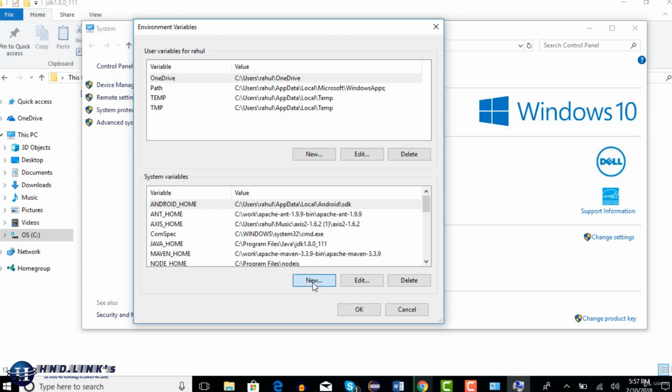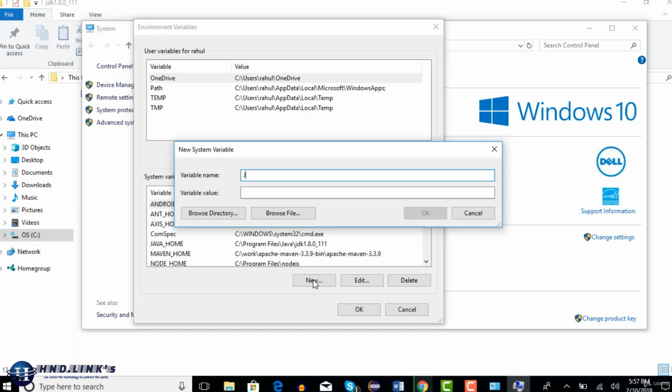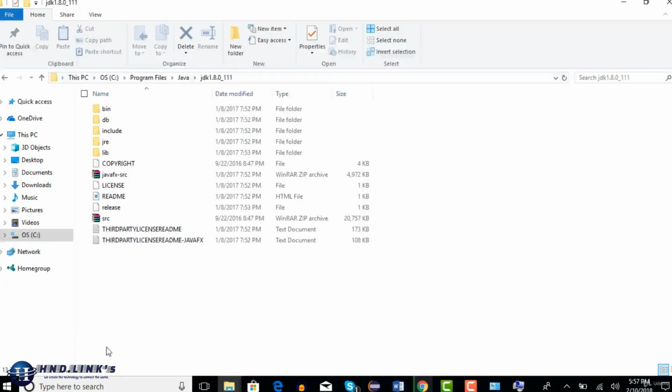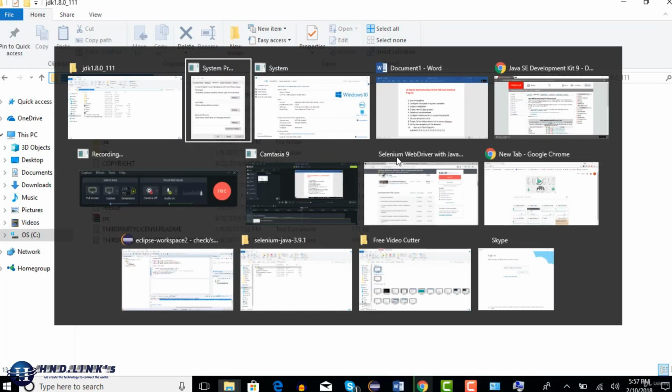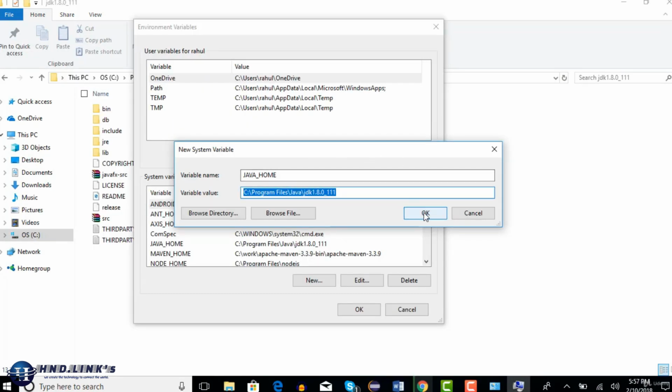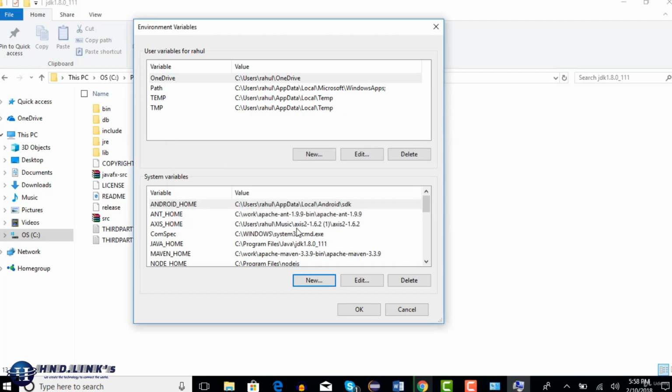You can click on New to create a new variable and say JAVA_HOME, and then carefully paste the path. This is your home path, right? Which we have taken from this one. Just go inside this, copy the path and place it here and click on OK. That's all. This tells that Java is at this path. So once your Selenium test comes here, it will clearly identify it. I already have it in my machine, that's why I clicked cancel. Once you click on OK, you will see something like this. Now your system knows where this is.